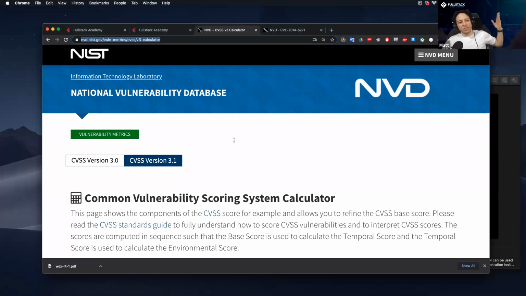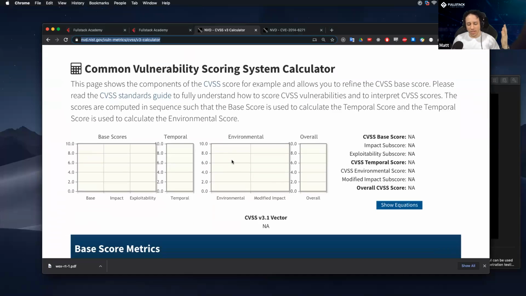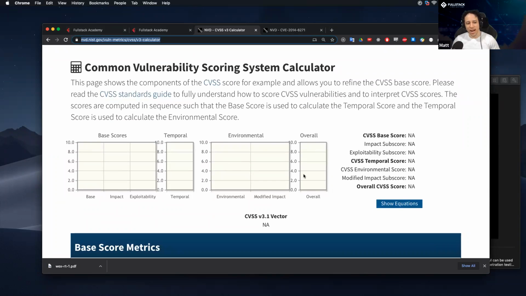So this is the National Vulnerability Database, right? From the great folks at NIST, that brought us our NIST 800-15. And this shows you how the equations for how these scores are calculated. Now, it's not super bananas. It's all of the normal things that we would put into account when we're trying to decide how bad a